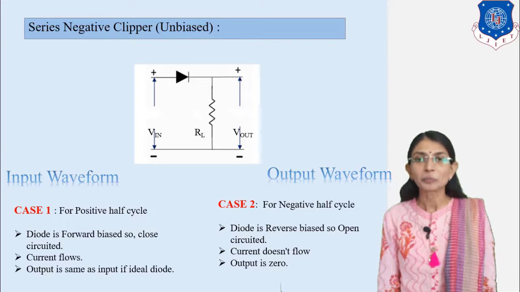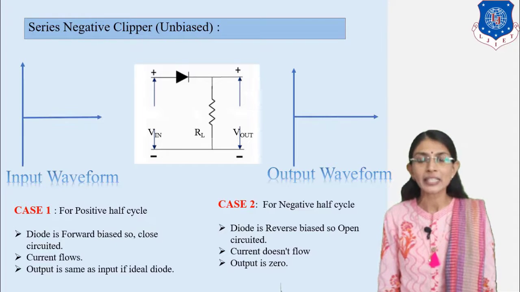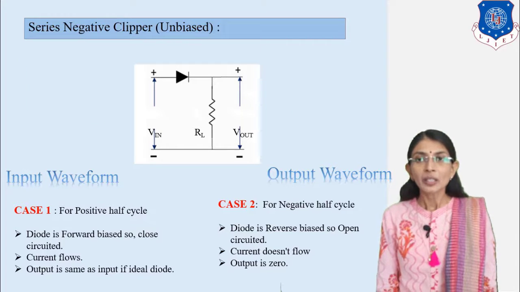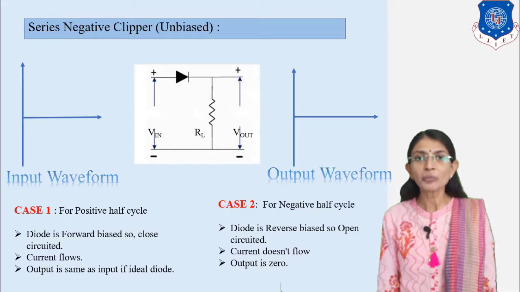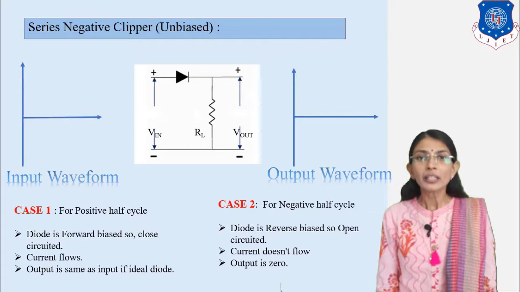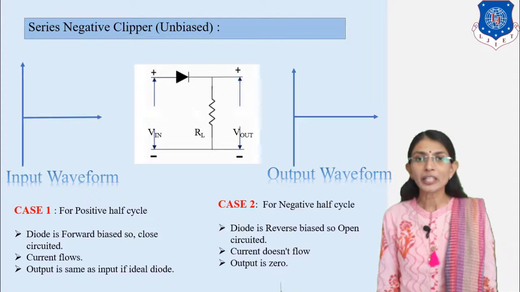So let me discuss the input waveform through the y-axis and x-axis for the input-output waveform as shown in this diagram. Look at this, these are the axes, y-axis and x-axis, for drawing the input and output waveforms. The input waveform will always be the AC signal, a sine wave. So we can easily explain the conditions and rules for the diode and clipper for getting the output waveform during the positive half cycle and the negative half cycle. So let me start with the positive half cycle.